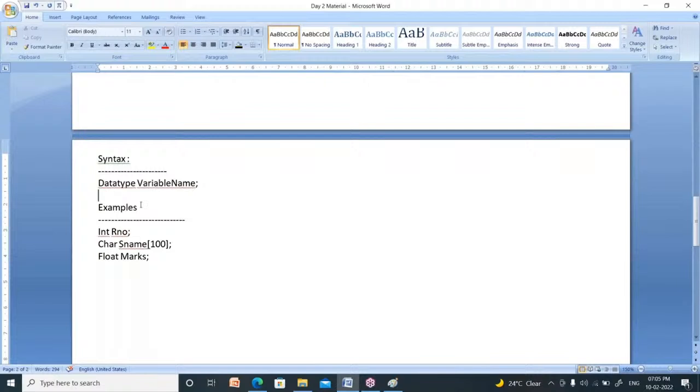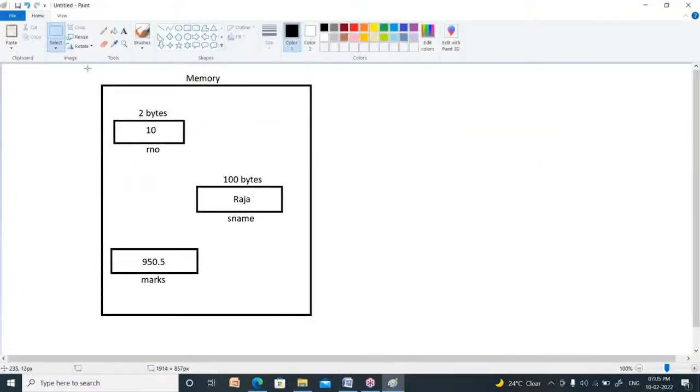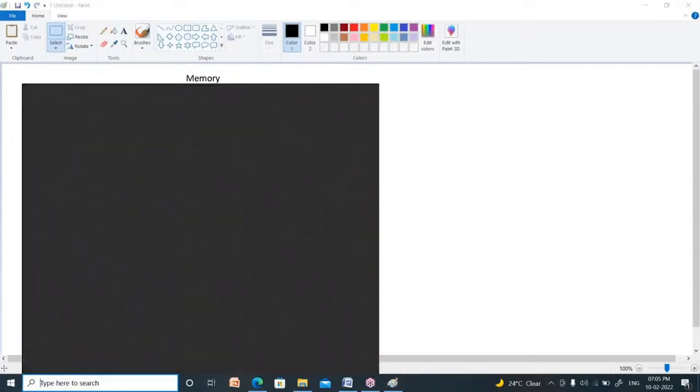It is the syntax. How to create a variable? By using a data type as well as a variable name. By representing these two, you can create a variable. These three are the examples. Whenever you write these 3 lines of code, you can create 3 variables inside the memory like this.